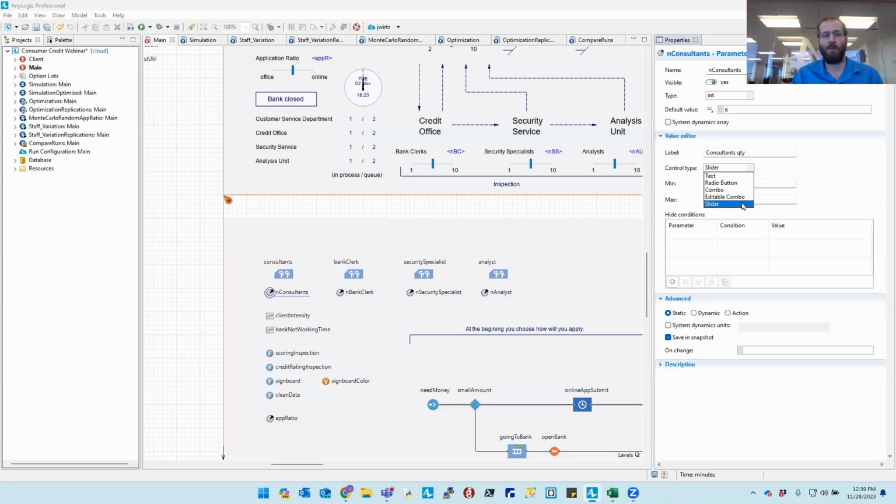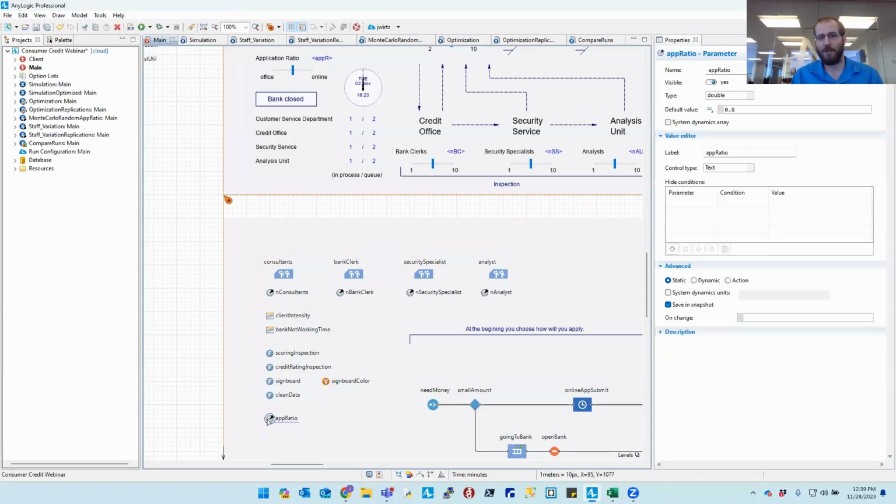For all of my staffing quantities, I'm going to choose the slider option, which allows me to set what the minimum and maximum value would be. The only other difference will be application ratio, where it's represented as a double, between 0.1 and 0.9,